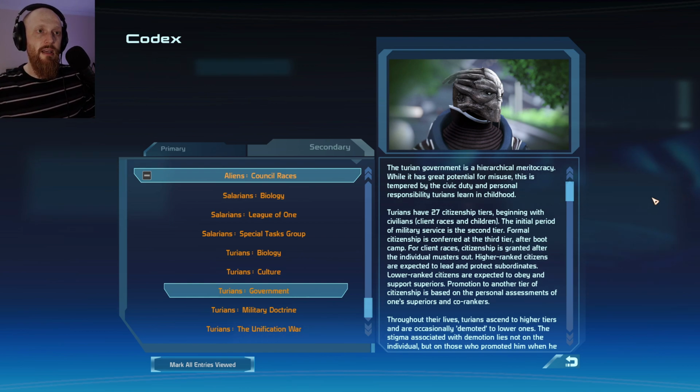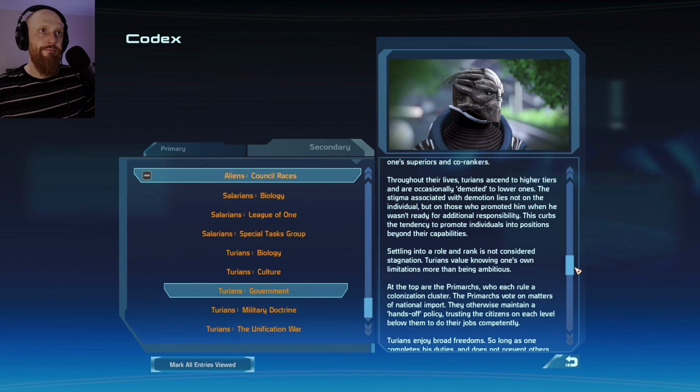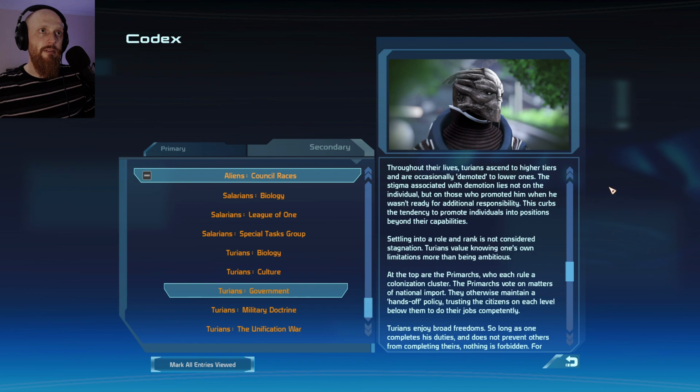High-ranked citizens are expected to lead and protect subordinates. Lower-ranked citizens are expected to obey and support superiors. Promotion to another tier of citizenship is based on the personal assessments of one's superiors and co-rankers. Throughout their lives, Turians ascend to higher tiers and are occasionally demoted to lower ones. The stigma associated with demotion lies not on the individual, but on those who promoted him when he wasn't ready